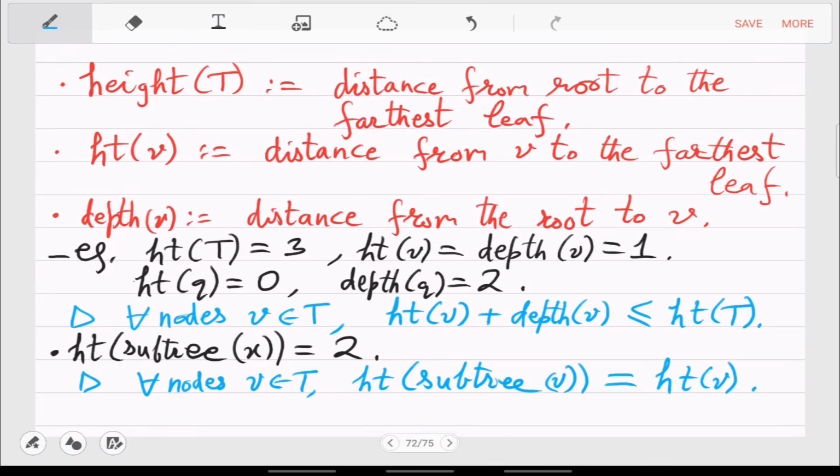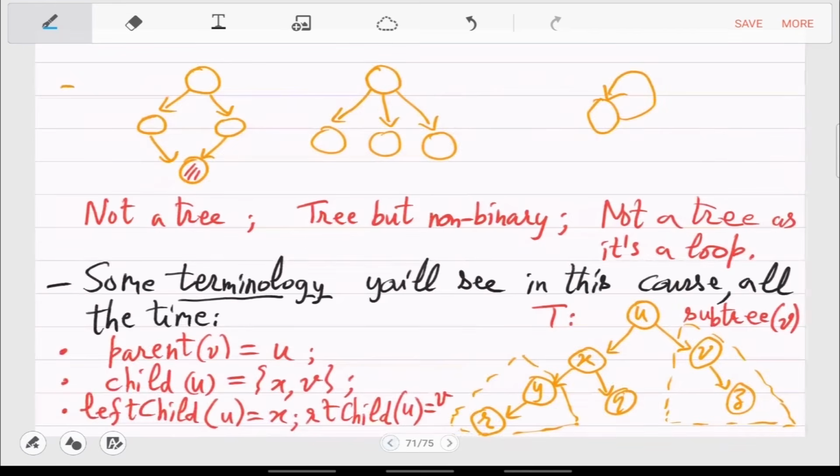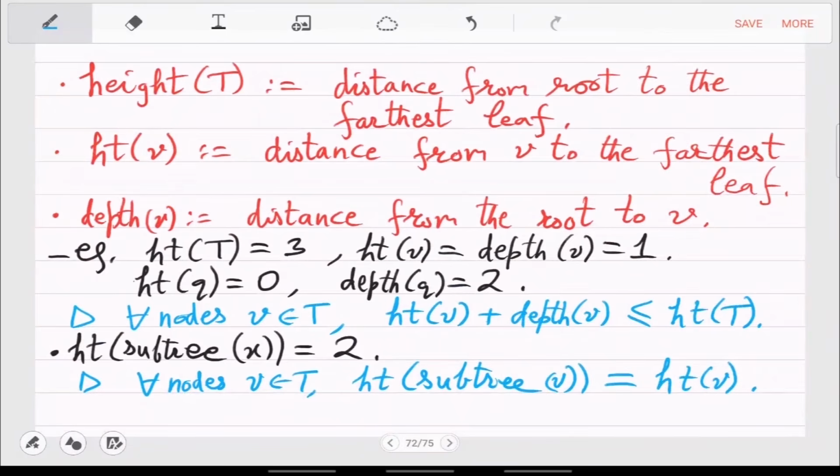But the depth of the subtree of V is going to be 1. Depth of which one? Subtree of V in this example? With reference to this figure, depth of the subtree of V is going to be 1. Yeah, so when you look at the subtree, you have forgotten the main, bigger tree. So what you are asking is, what is the depth of the root? It's going to be 0. Yeah, depth of the root is 0.